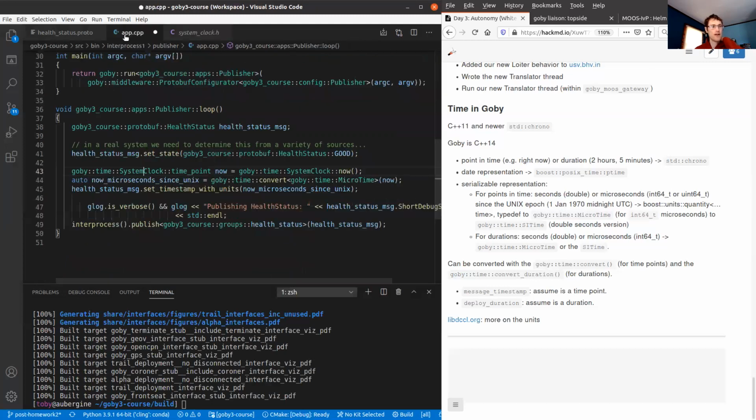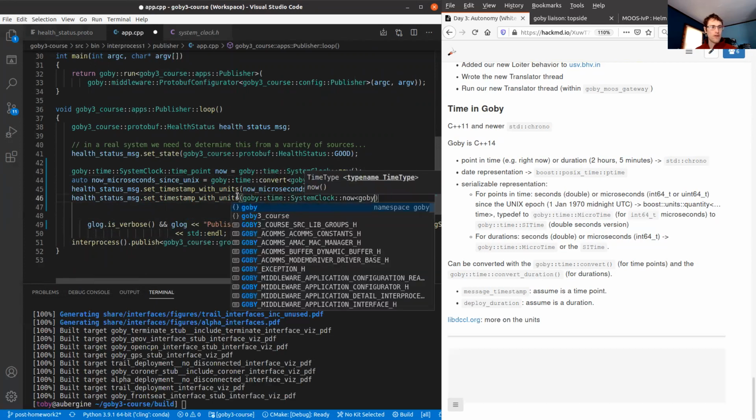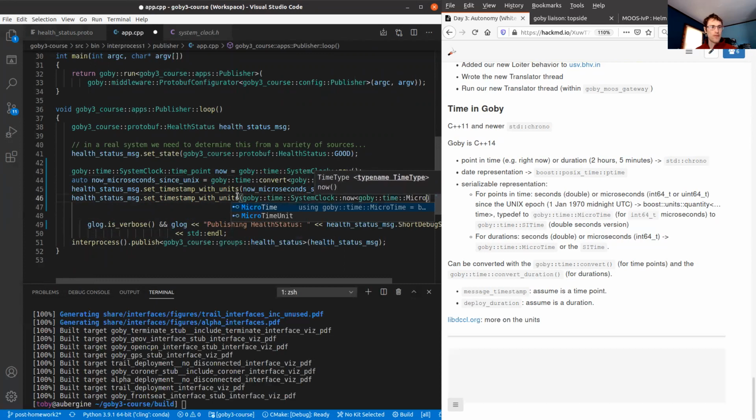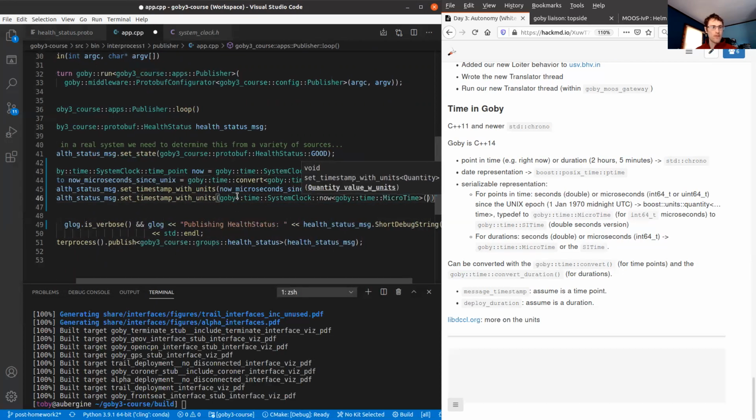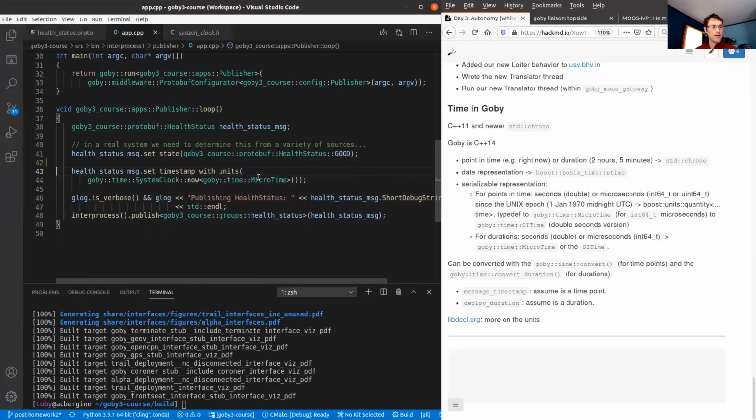So that allows us to shorten this up quite a bit: we can just directly write health status message, set timestamp with units to Goby time system clock now converted to Goby time microtime, which is the serializable representation that we need. So I can do that and then just delete all that. And this is the short form that I generally use for setting a timestamp to the current system clock time.